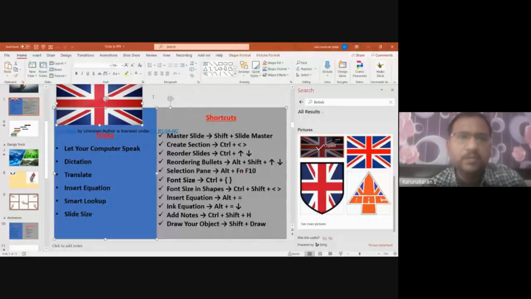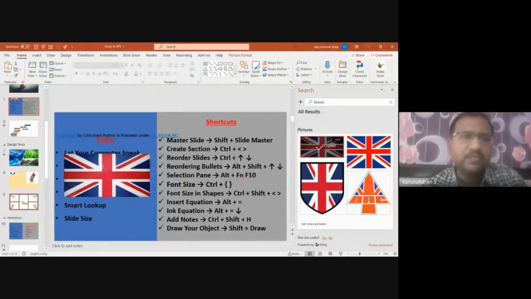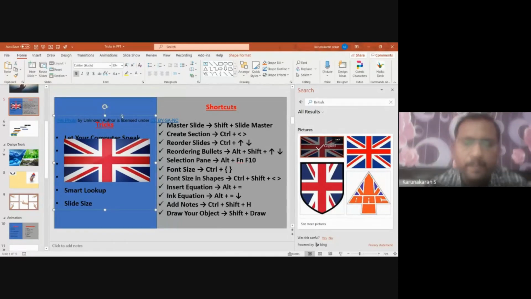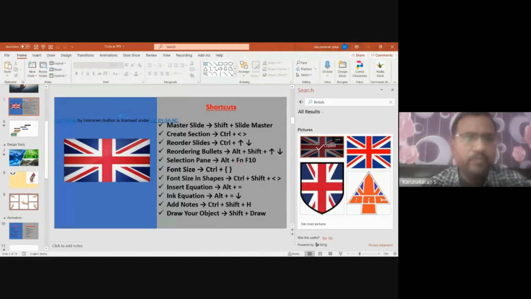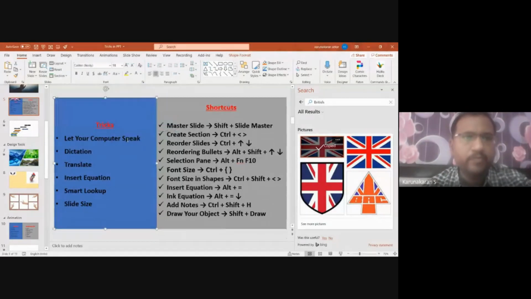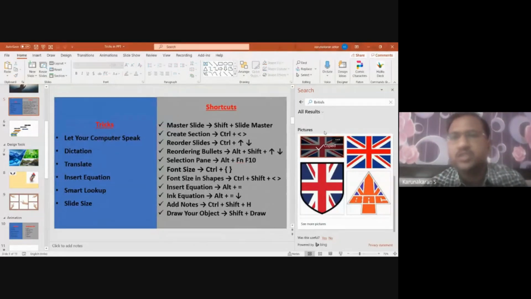You can see that the flag is copied along with the reference by whom it has been taken. If we do not want this, you can delete this. Okay, so that is the use of this smart lookup.